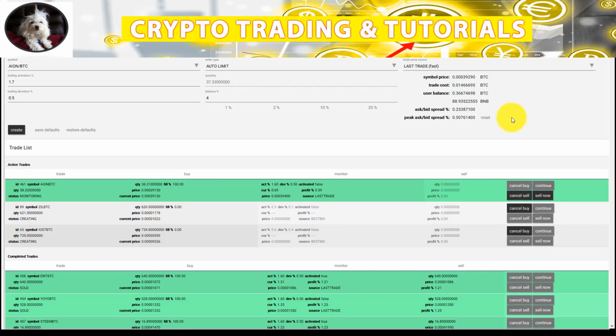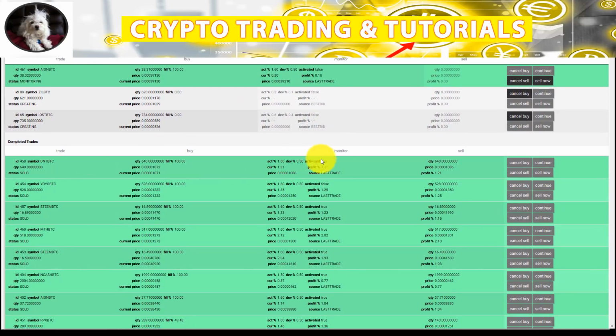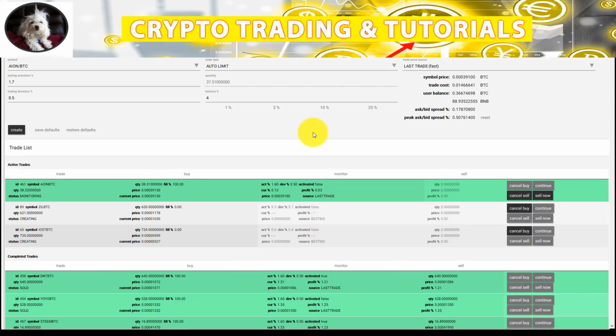All right, so I'll end here. I did enter another position on Aeon here, which is up 0.31. And then those two positions, DNT, maybe I didn't mention that one: we got an exit at 1.21, and then Yo-Yo got out at 1.25, okay? Because my next thing that I'm going to do is